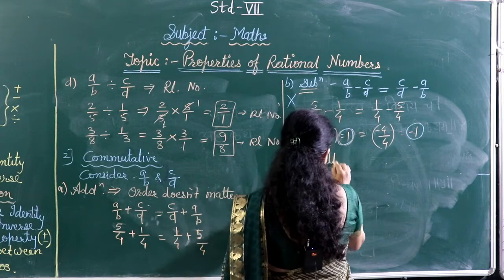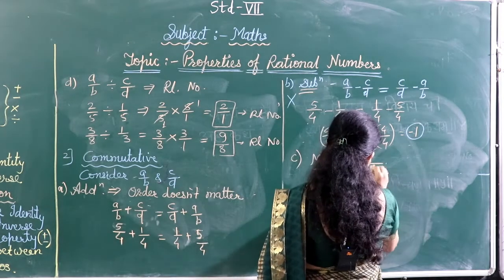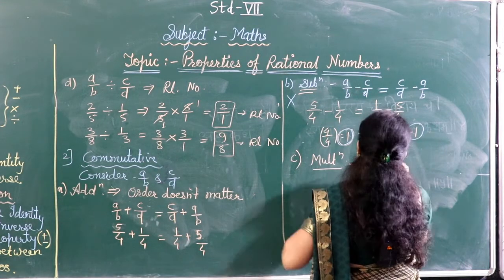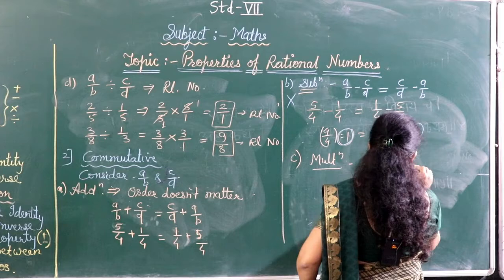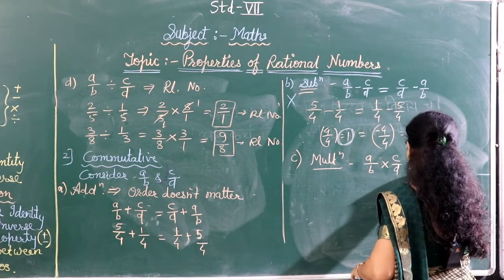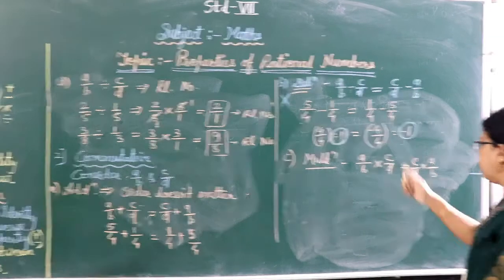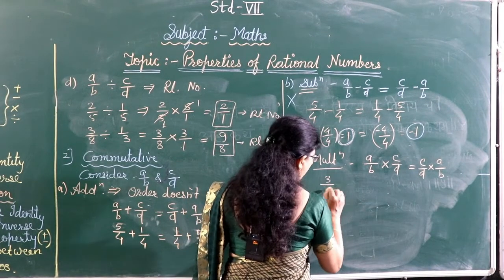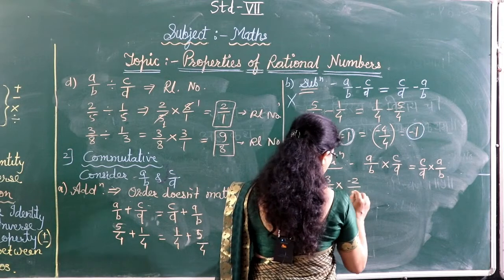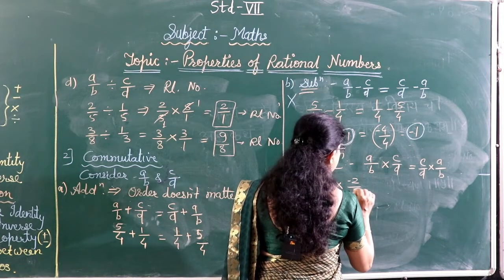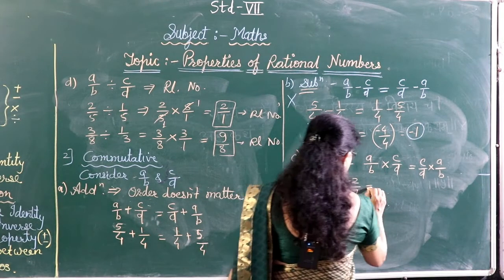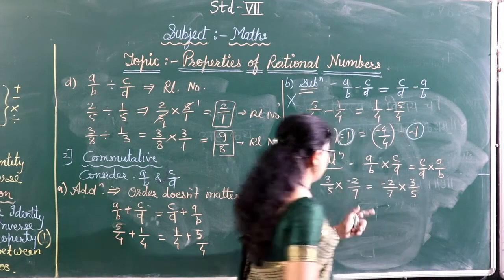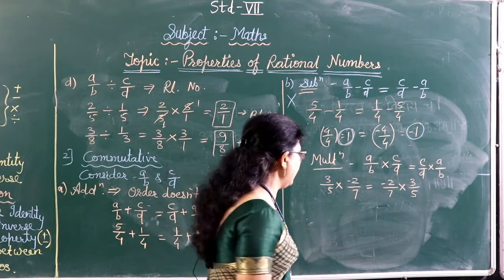The same. Okay? For multiplication, instead of that, what we will write? Here it was plus, then in subtraction minus. So instead of this, we will write multiplication and change the order of the rational numbers. So c upon d multiplied by a by b. Now check, put any number, you can put any other number. 3 upon 5 multiplied by minus 2 upon 7, suppose. What answer you will get? Is it equal to minus 2 upon 7 into 3 upon 5? Now I have changed the order of the numbers, right? Now we check the answer.